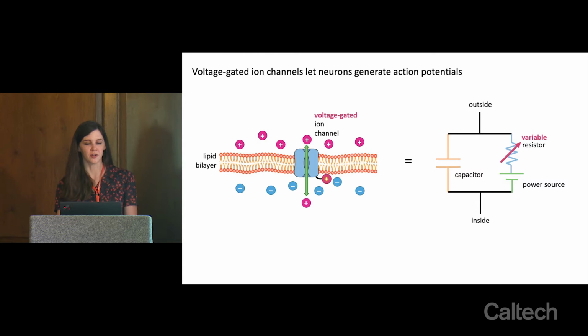As that charged particle is pushed, it changes the configuration of the ion channel to go from a closed configuration, where ions can't flow and resistance is very high, to an open configuration, where ions are allowed to flow through freely. So in our model, you can do this just by replacing this simple resistor with a variable resistor, where now the resistance of your ion channel is a function of your membrane potential. So we've introduced membrane capacitance, Nernst potentials, resistances of membranes to flow of ions, and voltage-gated ion channels that have a variable resistance based on the membrane potential of the cell.